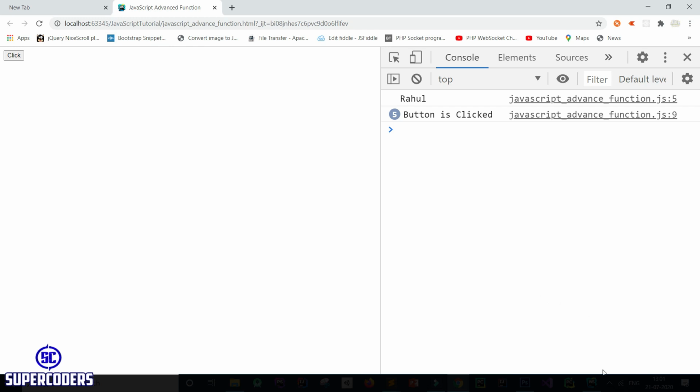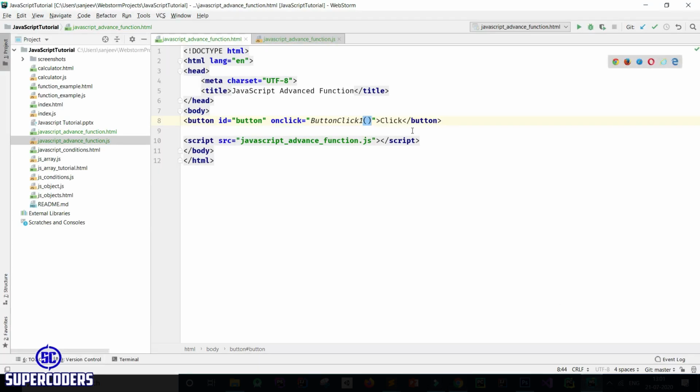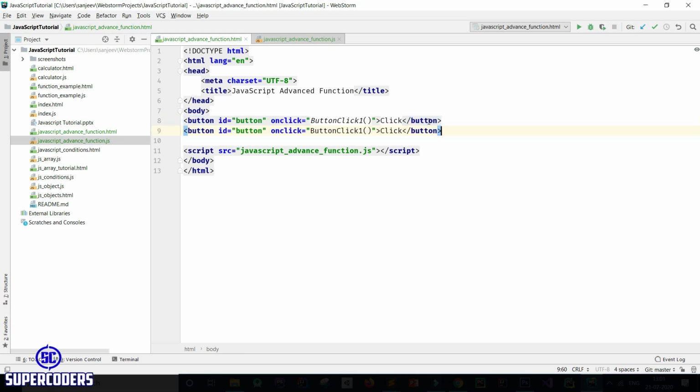Now let's see more example. So second example is, copy this, change this to true. First example of button link to JS function. Now let's see second example. So again remove this and change this ID to 1.